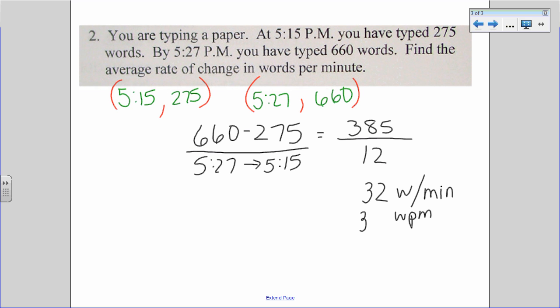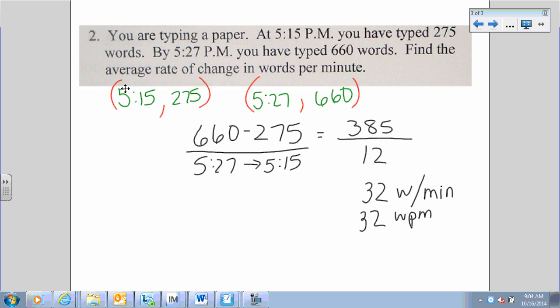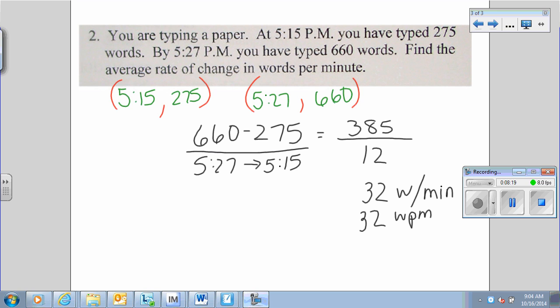Did you guys do that in middle school with your computer classes? Measure your words per minute? No. I think you did, because my daughter did it last year in 6th grade, so don't you lie to me, Grant. You guys didn't have to? All right. Not in your class. Ladies and